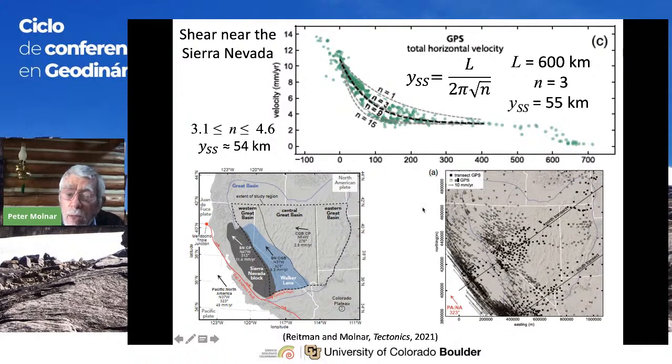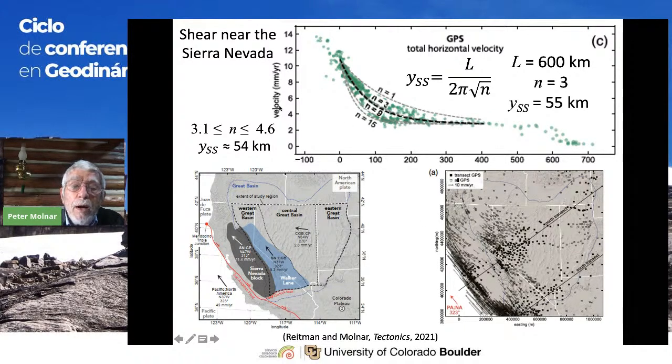This is a plot. Well, let me look at this plot first. These are GPS velocities. So this is going through, you can see the outline of the state of Nevada in here. That's this same state over in this area. And you can see these are velocities relative to North America. So they're very small over in this area, and they become faster and faster. And then they're essentially constant through the Sierra Nevada, and they go out, and then they become very large near the boundary, or I should say, on the Pacific Plate. Once you're on the Pacific Plate, then you're much faster.